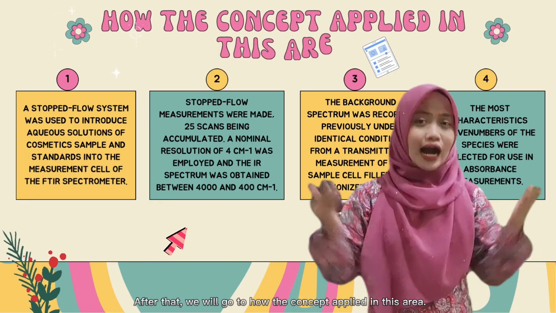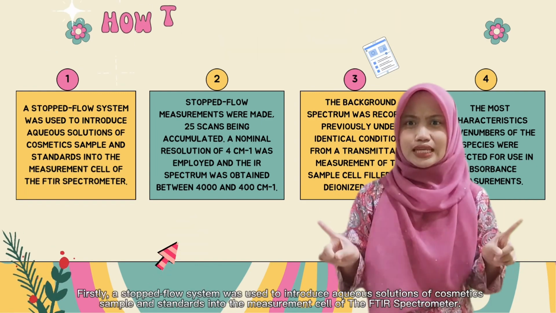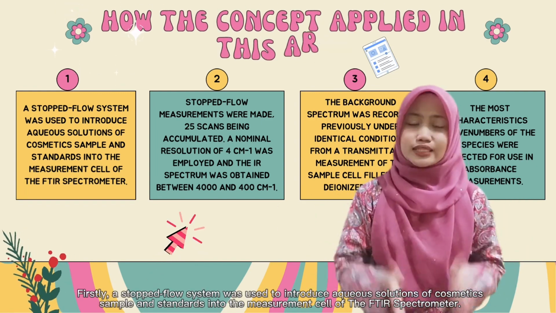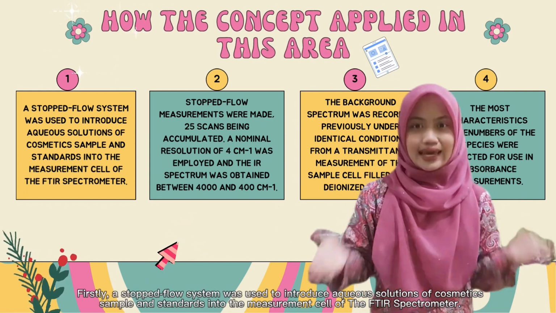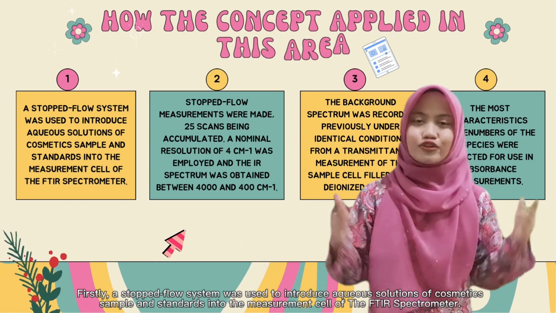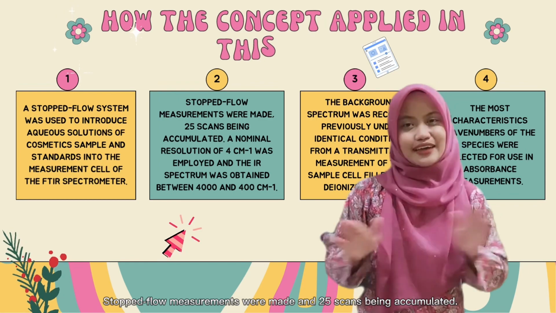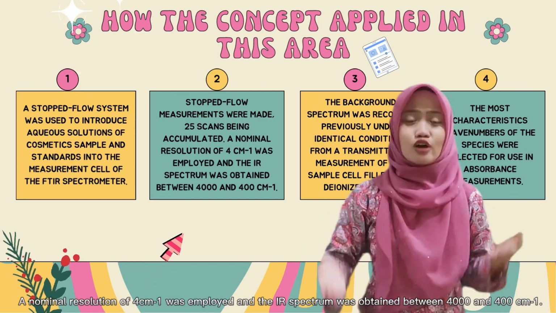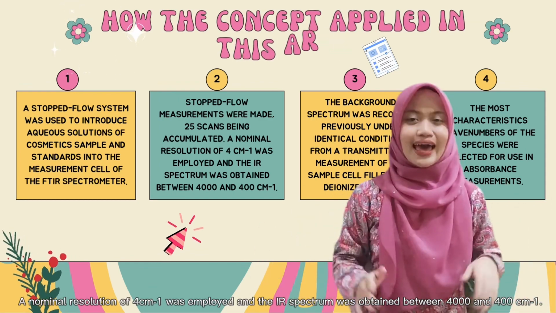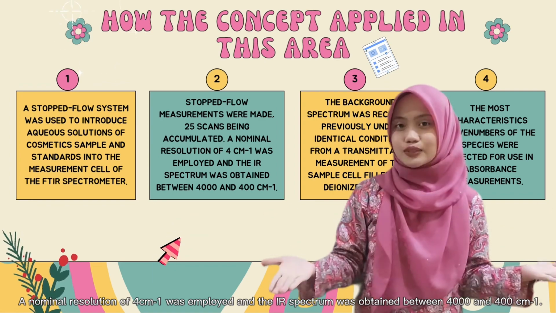After that, we will go to how the concept is applied in this area. Firstly, a stop flow system was used to introduce aqueous solutions of cosmetic samples and standards into the measurement cell of the FTIR spectrometer. Stop flow measurements were made and 25 scans were accumulated. A nominal resolution of 4 cm^-1 was employed and the IR spectrum was obtained between 4000 and 400